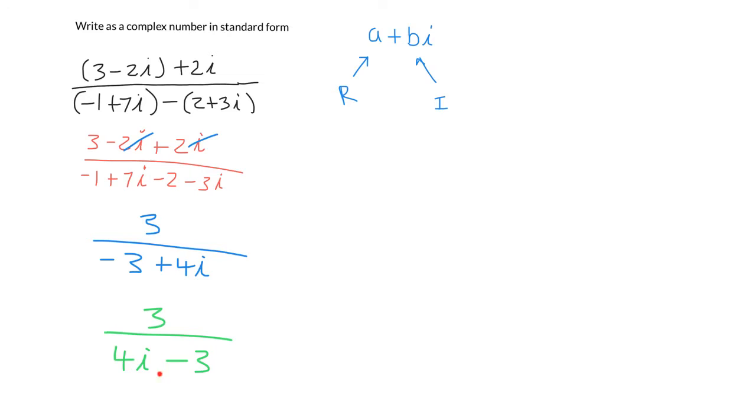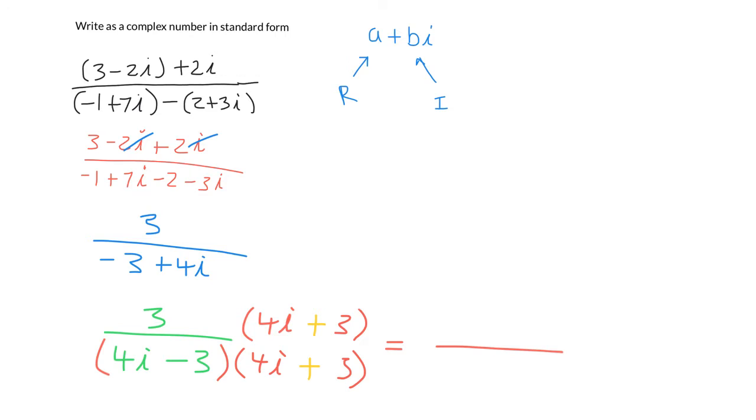Now, typically the teacher does not want an i to be in the denominator. And when you have a binomial in the denominator, the way to make sure that there isn't an i in the denominator is to multiply the top and bottom by the conjugate. And the conjugate is the exact same two terms, only it's plus in between them, the opposite sign, in other words. Exact same two terms, only change the operation, I should say. If it's subtraction, it's going to turn into addition. If it's addition, it's going to turn into subtraction. And what that results in is